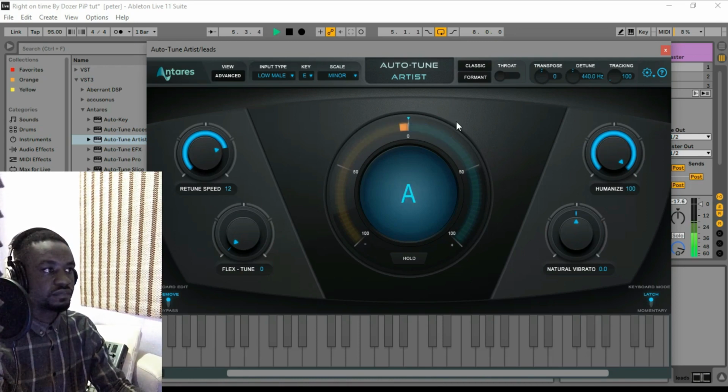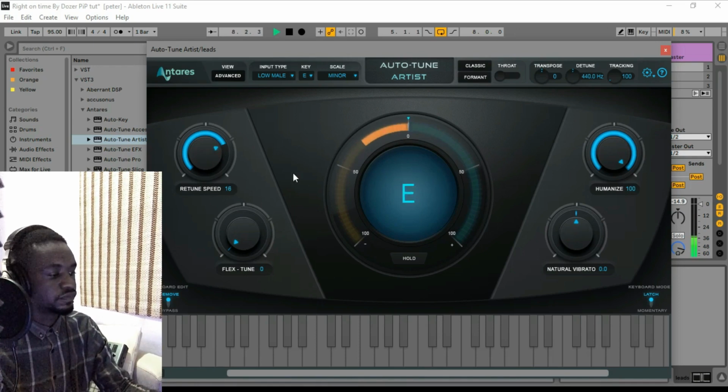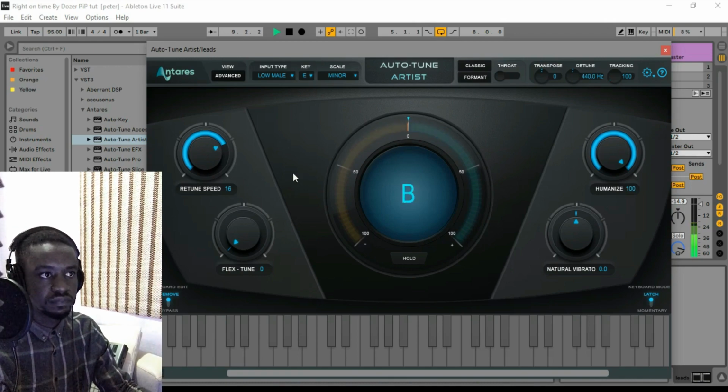Even when your vision tarries, don't give up, it'll be right on time. Even when your vision